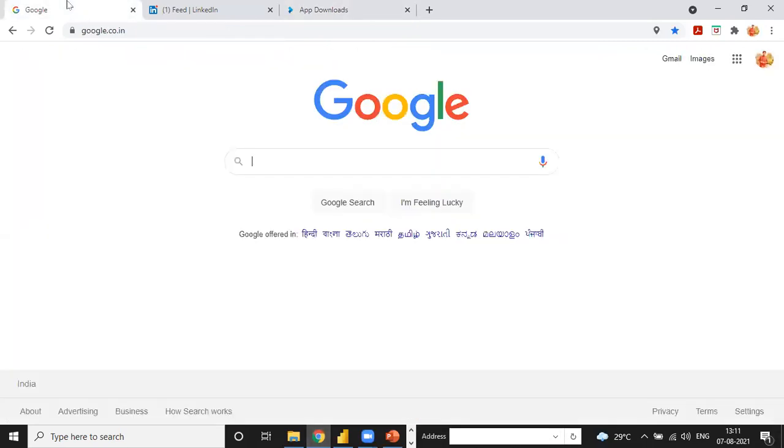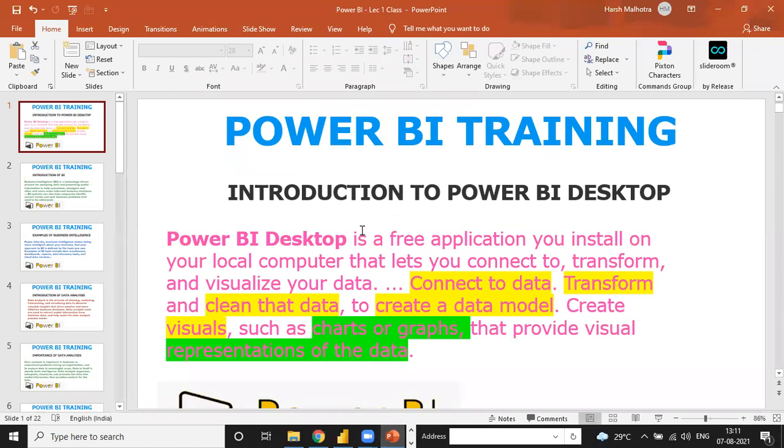Harsh, sorry to disturb you, just want to understand. You said Desktop is a free application, you can download it and prepare any report, and Service is for distribution. Distribution means like...